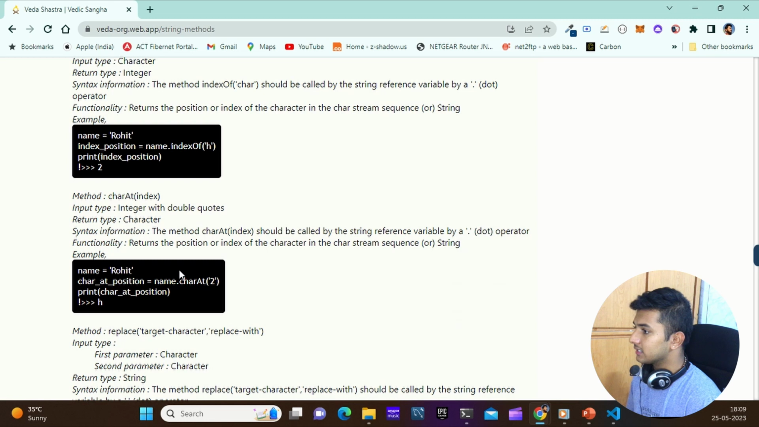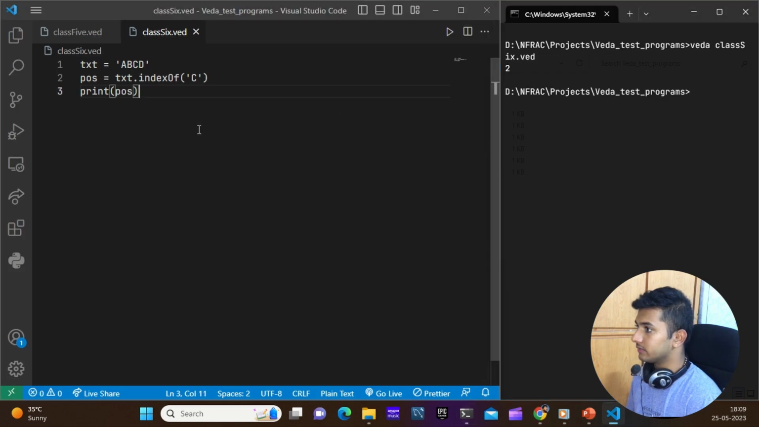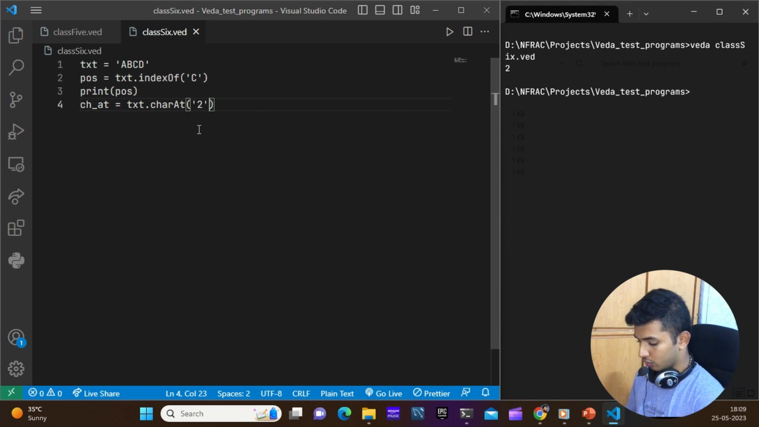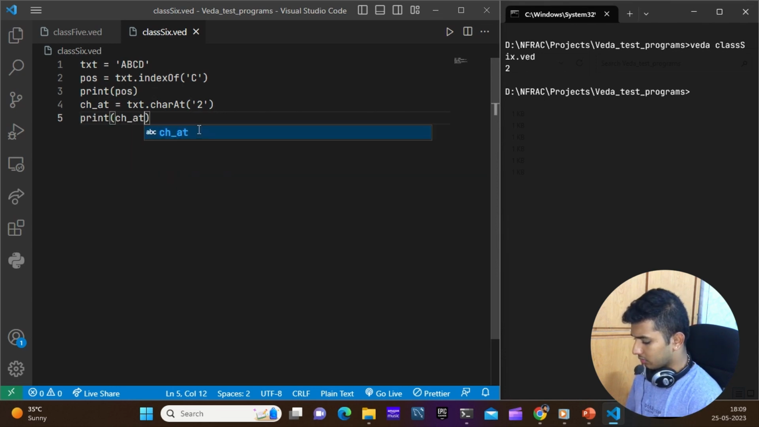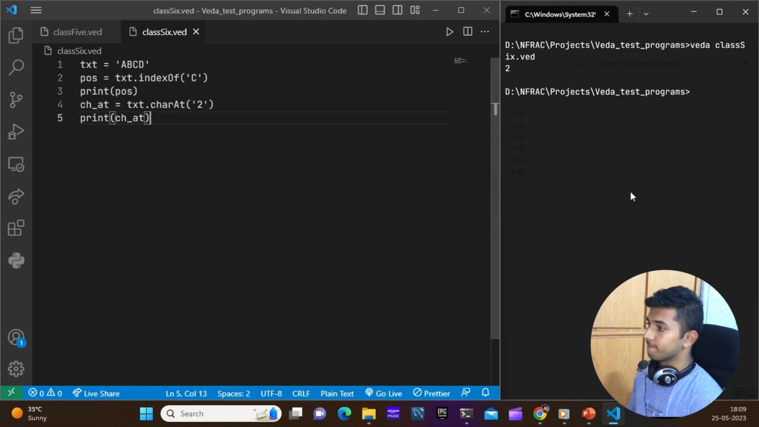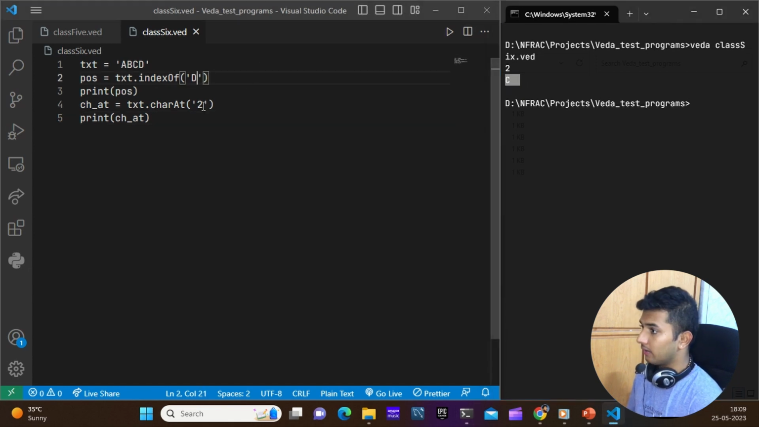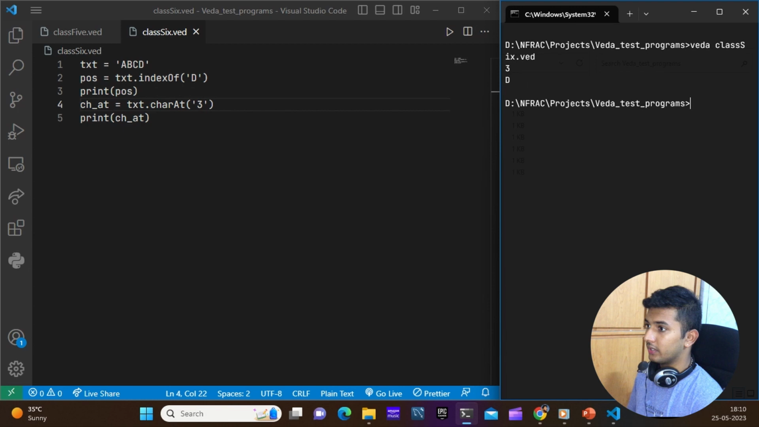Okay, and the next method is character at. ch underscore at equals to txt dot character at, and I'm going to pass number 2, and that would obviously return C. I'm running this program again. Yeah, it returned C. I'll ask for D, and I'll pass in 3. So here the input has to be a number in a string format,